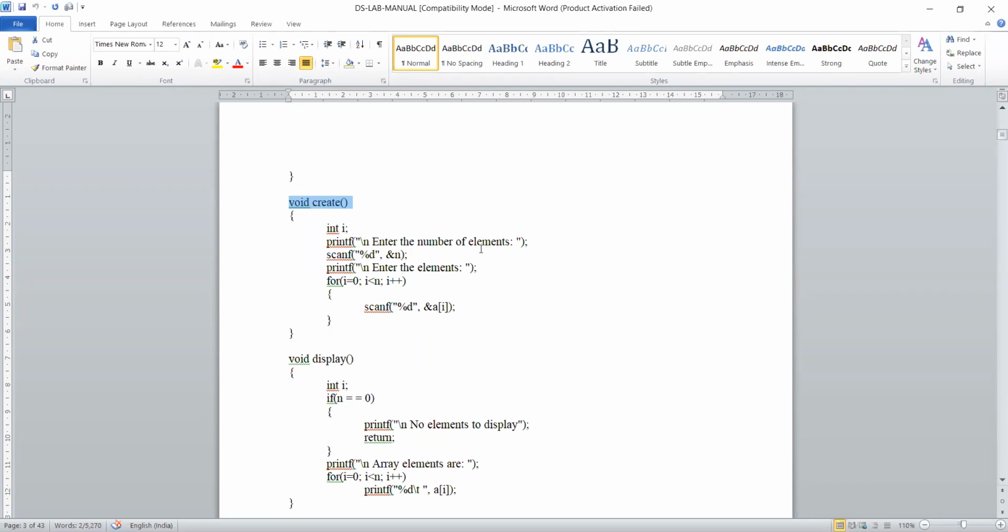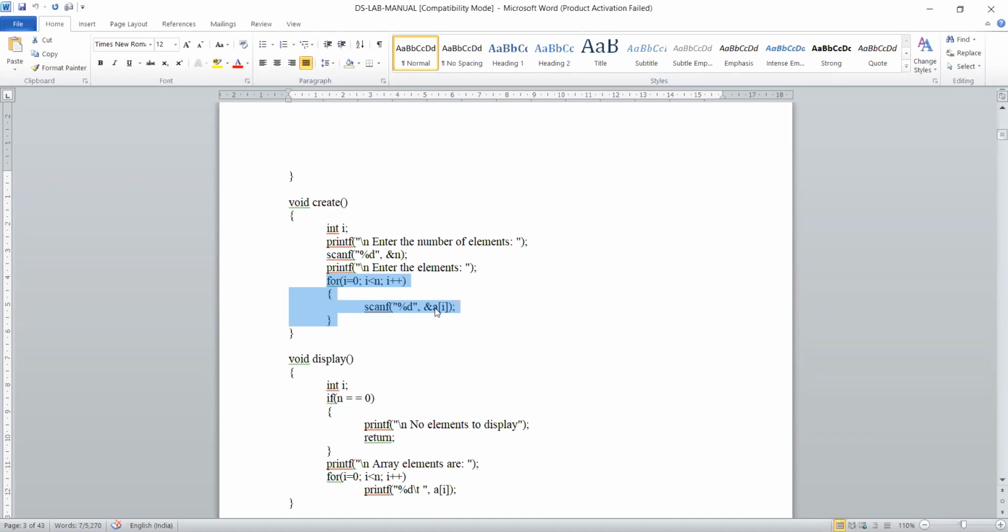So if I want 3 elements, I'll give 3, enter the elements, and using a standard for loop we are creating the array, giving the data and storing the elements into the array using this for loop.